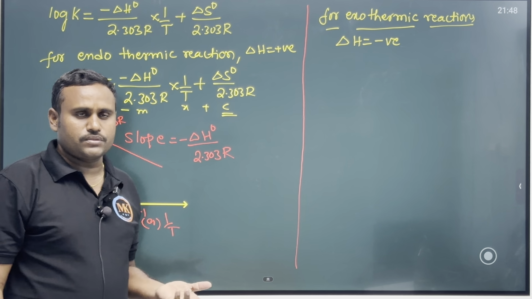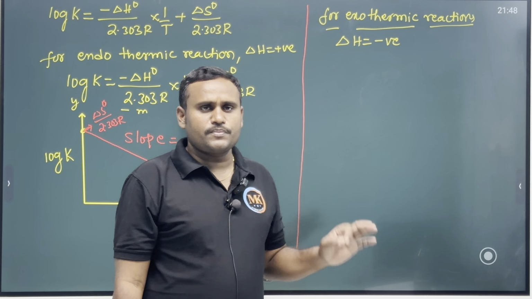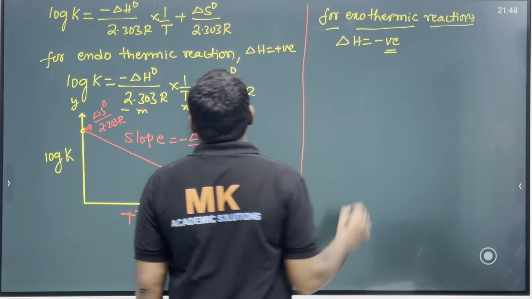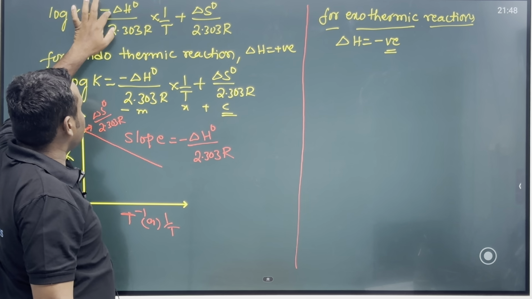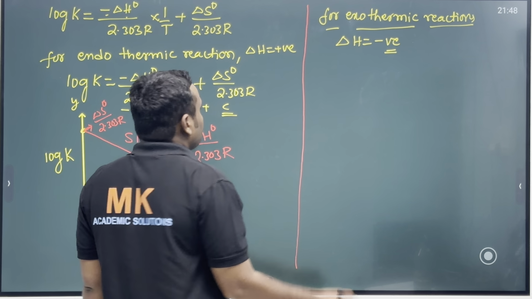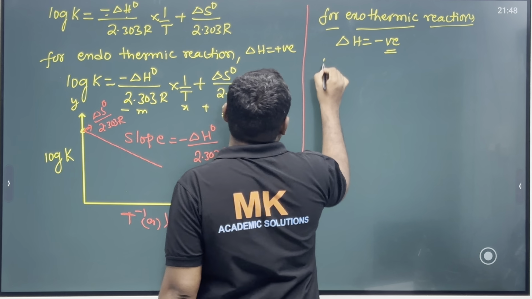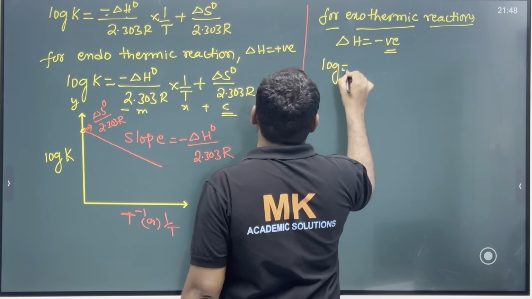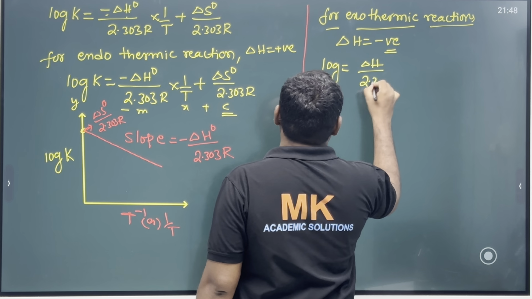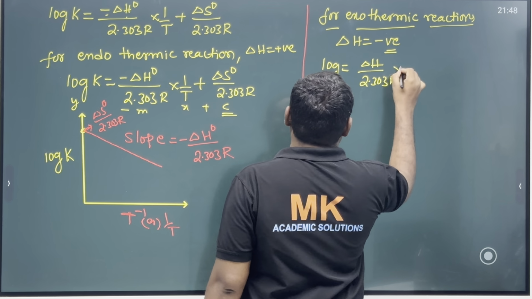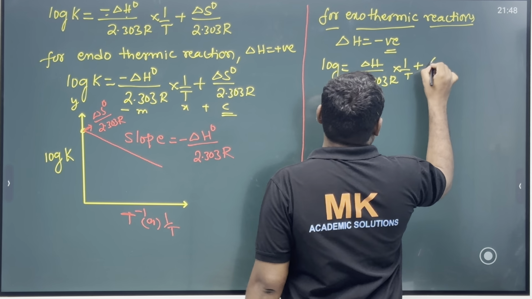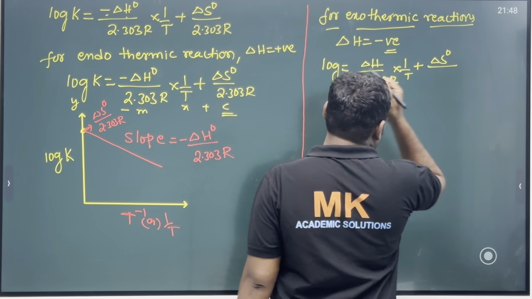For exo means heat energy, heat is lost by the system. If heat is lost by the system, delta H is negative. Again in this equation, minus into minus will become plus. So therefore, for an exothermic reaction, I will get log K is equal to delta H by 2.303 R into 1 by T plus delta S naught by